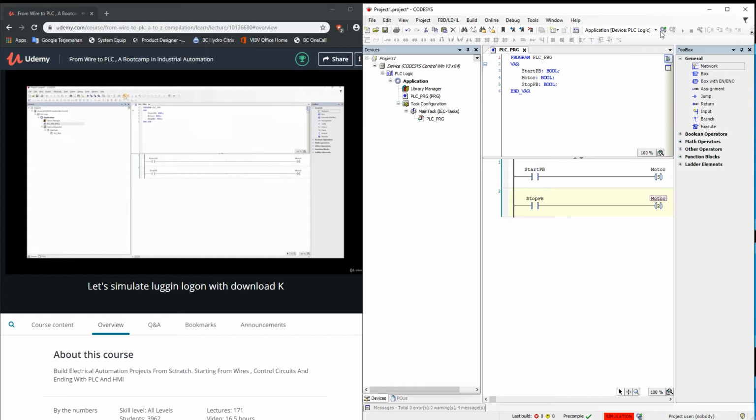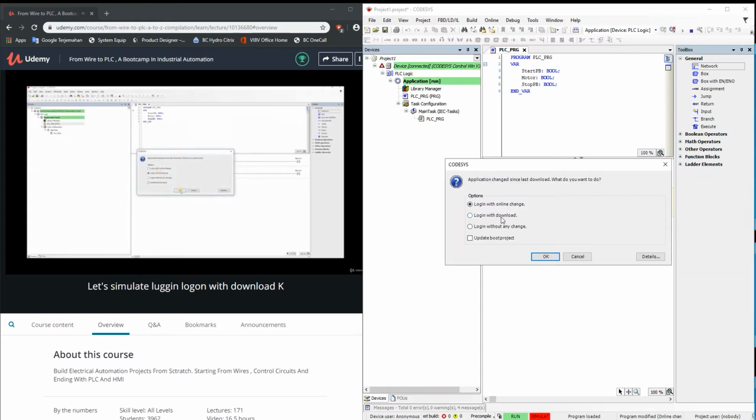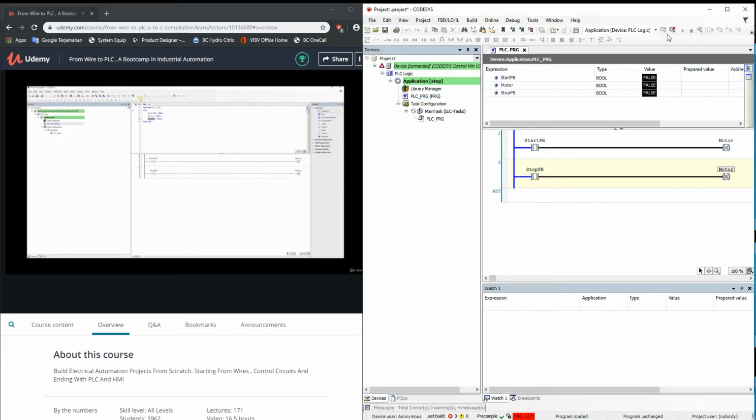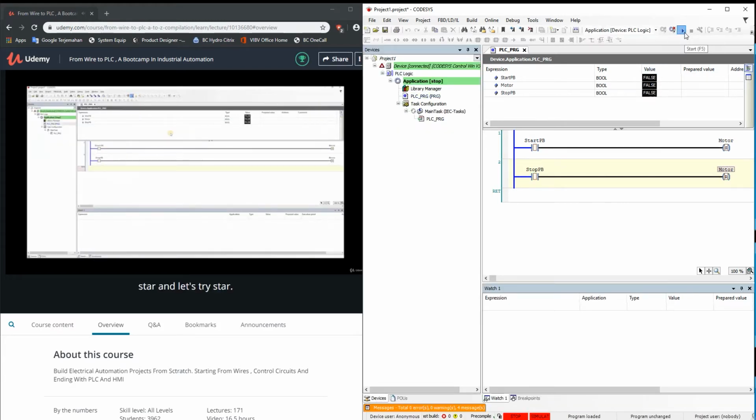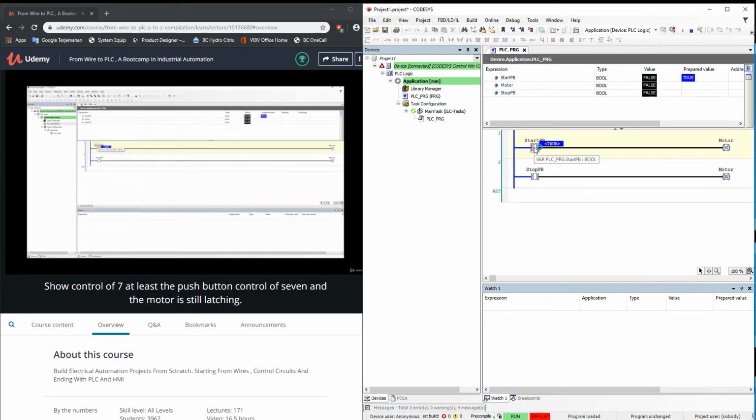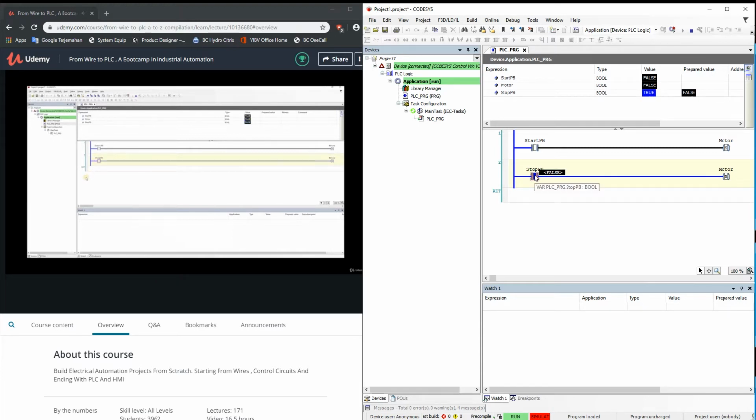Let's simulate it. Log in with download, OK. Start, and let's try it. Start, true, Control F7, release the push button, Control F7, and the motor is still latching. Now let's press the stop push button. Double click, true, Control F7, and it delatched. Let's release the stop button, and here we go. As you can see now, we can use those push buttons in order to turn on and off a motor